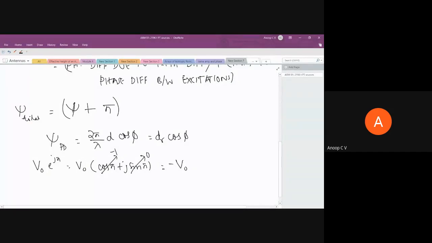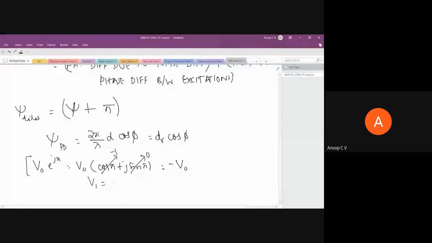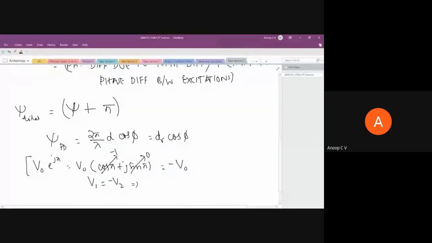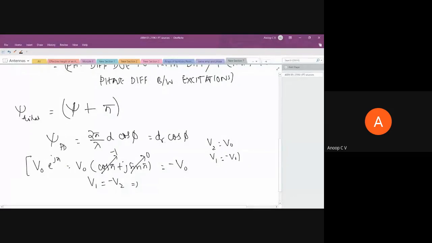So one way of tackling this problem is we can write V1 equal to minus V2. Suppose V2 is equal to V naught, then V1 is equal to minus V naught. This is one way of tackling this problem. Or otherwise,